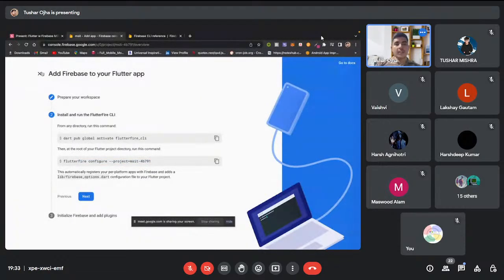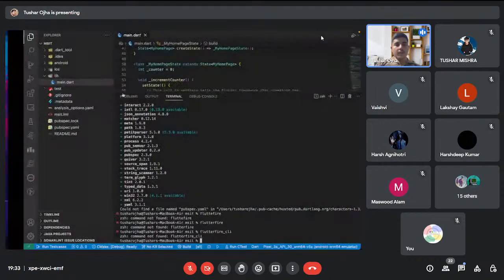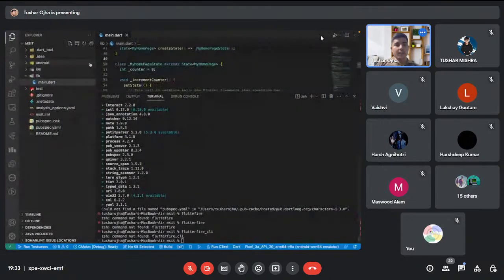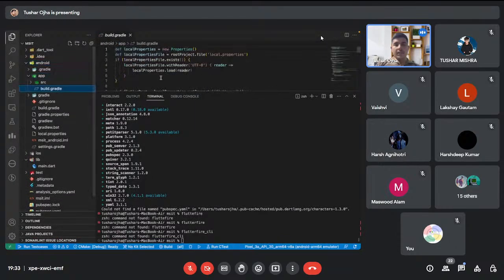But the other way is you go and click on Android and you manually do this thing. So you have to go to the Android directory and go to the Gradle file, build.gradle file inside the app. You will see basically